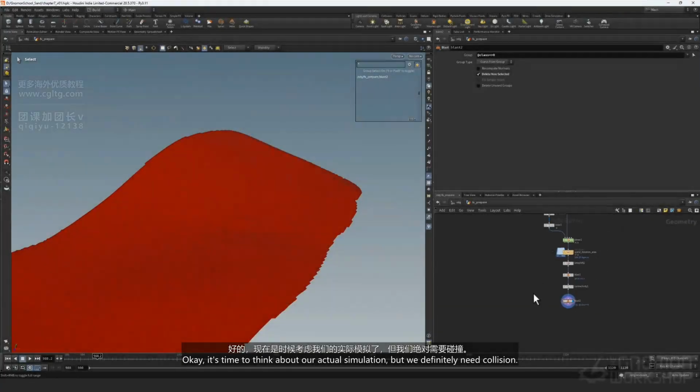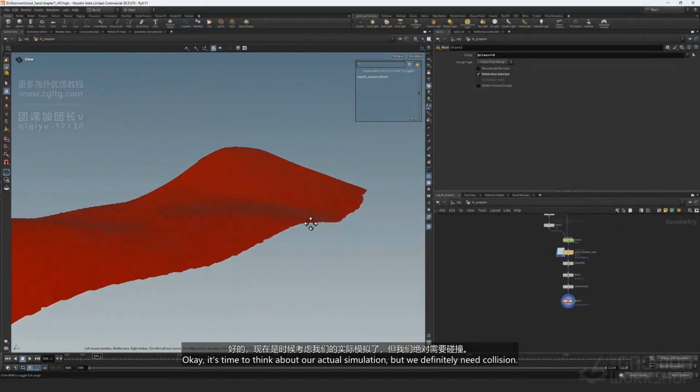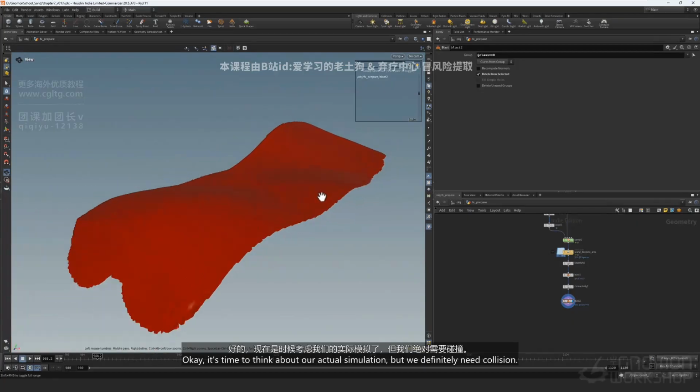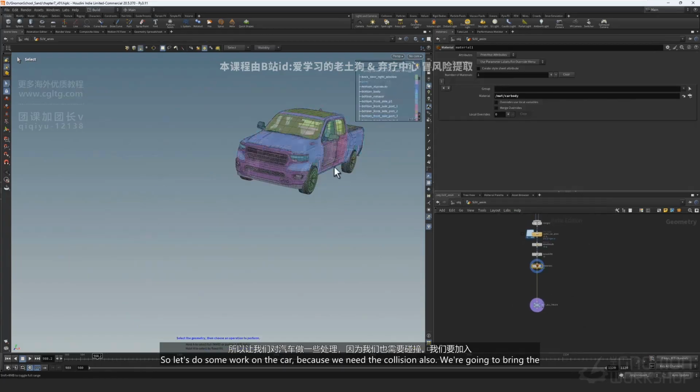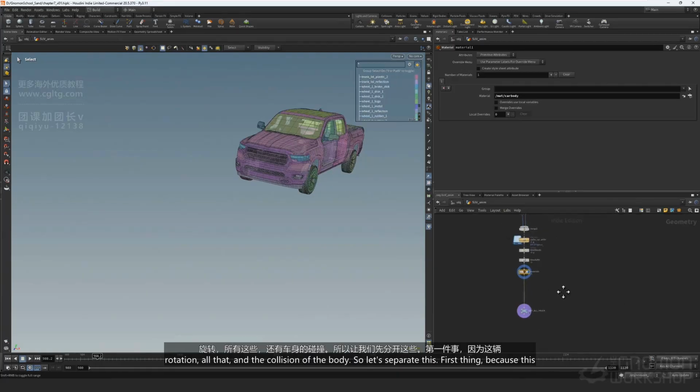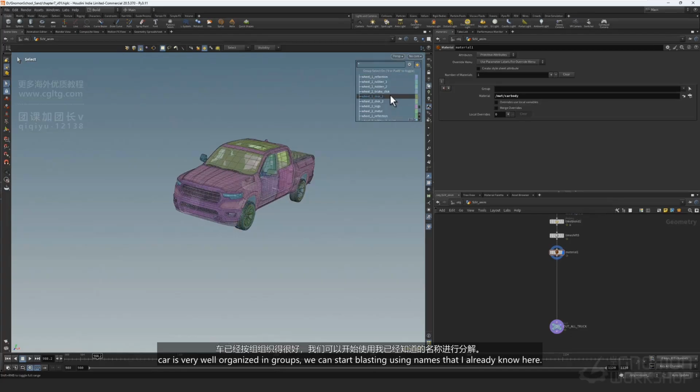Okay, it's time to think about our actual simulation, but we definitely need collision. So let's do some work on the car, because we need the collision also. We're going to bring the rotation, all that, and the collision of the body. So let's separate this first thing, because this car has good,